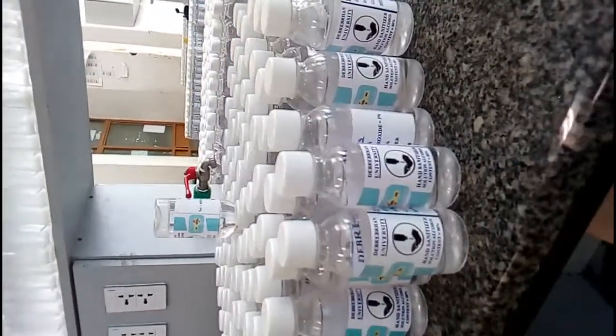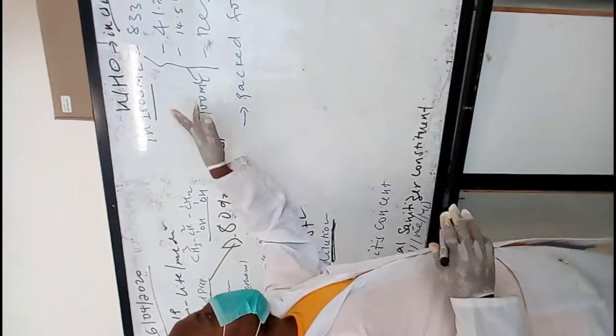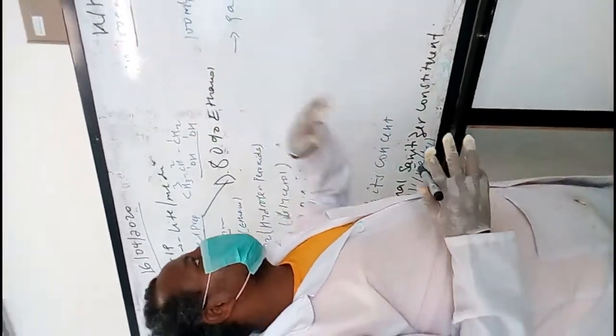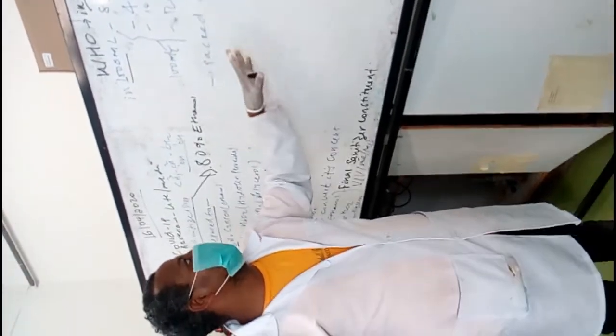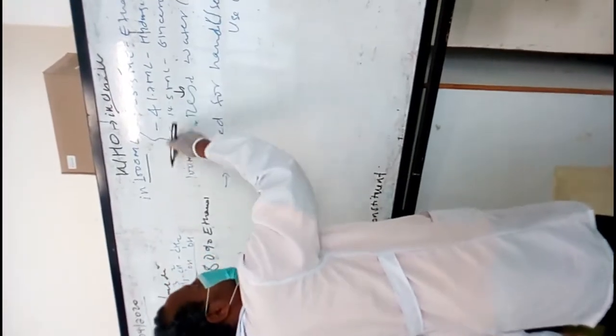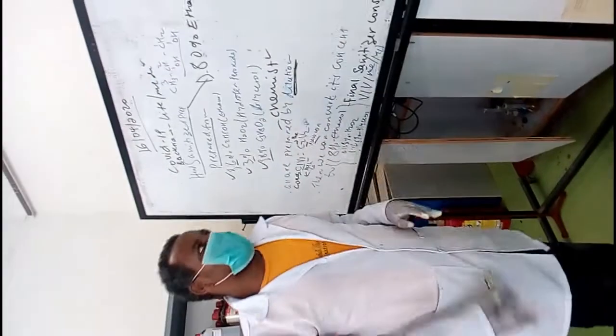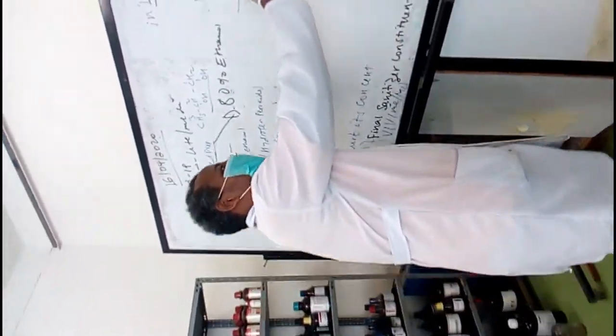To prepare 1,000 ml according to the World Health Organization, 1,000 ml of this hand sanitizer is prepared by mixing 833.3 ml of ethanol, 41.7 ml of hydrogen peroxide, 40.5 ml of glycerol, and the rest is water. That means the total summation of the above volumes is 1,000 ml. The rest is distilled water, used throughout, and then the prepared hand sanitizer is packed,